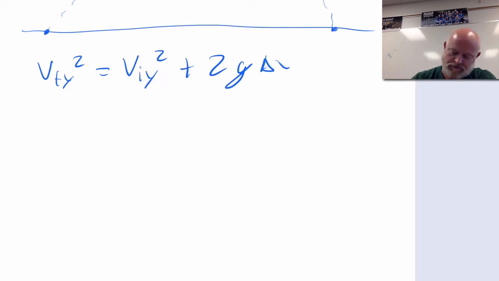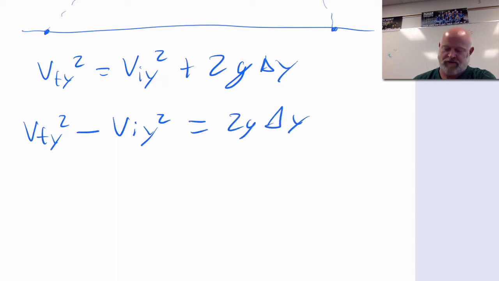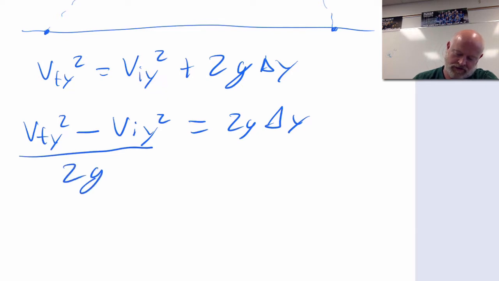Oop, that's a y. So velocity final in the y direction squared minus velocity initial y direction squared would equal 2g delta y. If I rearrange this, I now can divide both sides by 2g, and that cancels out, and what I get is